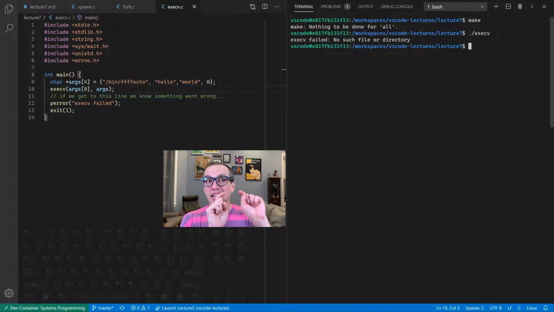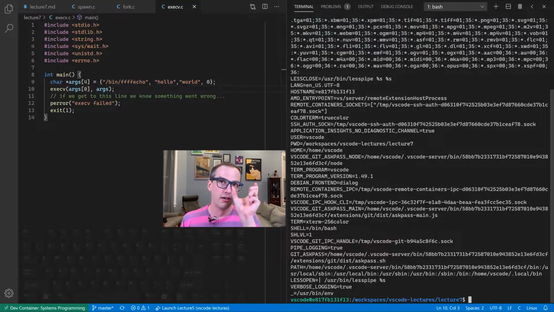It will either, in this case, this most basic version right here with execv, inherit whatever environment the parent process was using. So remember, our environment is this list of variable name equals variable value that are useful for keeping track of the environment, like what username we have, what our home directory is, a whole bunch of other just random pieces of important information that might be useful to a program which is running. We can also use execv to